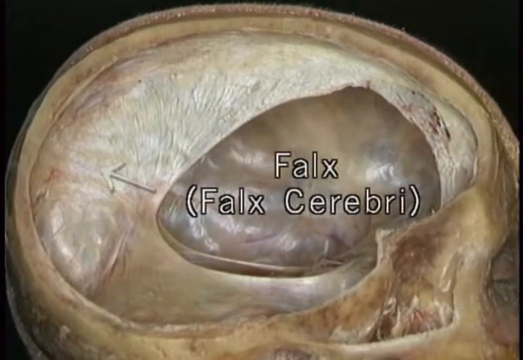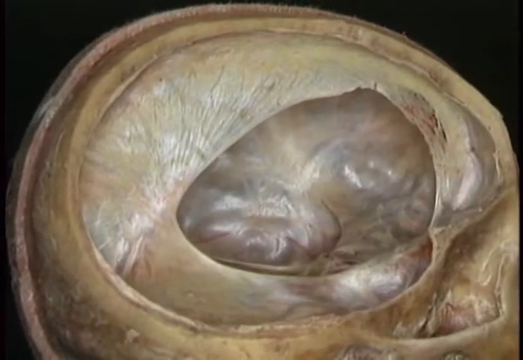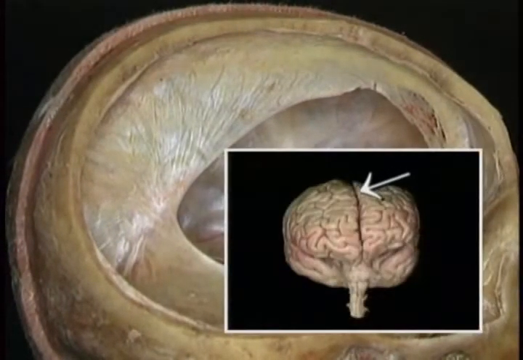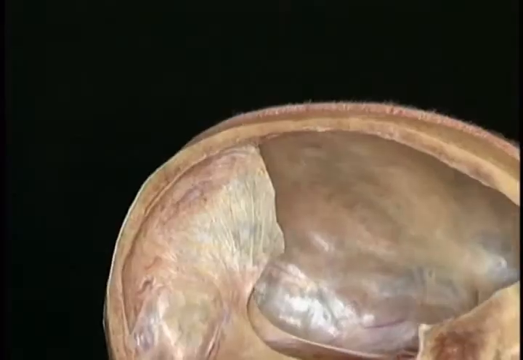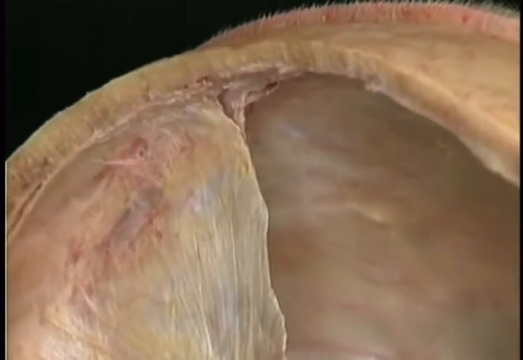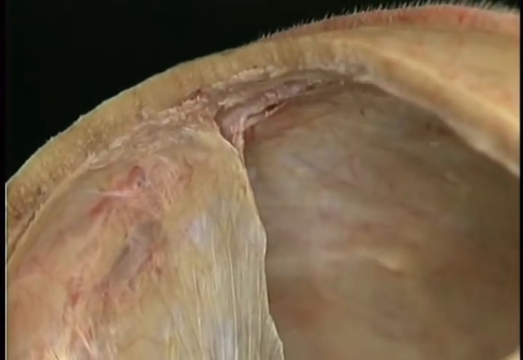This is the falx. Its full name is falx cerebri. The falx forms a midline partition between the two cerebral hemispheres. Here's its attachment. The falx splits into two layers, leaving a triangular space for the superior sagittal sinus, an important part of the brain's venous